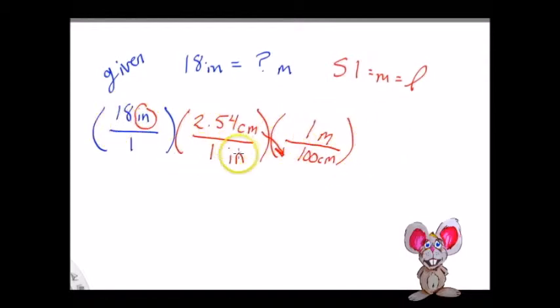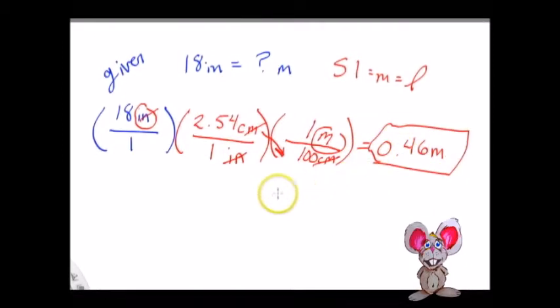So now, cross-cancel, cross-cancel, cross-cancel, cross-cancel. What's left? The only unit of measure that's left is meters. So we say 18 inches times 2.54 times 1 is going to give us 0.46. So this equals 0.46 meters. And there is our final answer. Because as we know with multiplication, we're just going to go straight across. So what we end up with is needing to divide by this 100, and that's why we moved the decimal to 0.46.